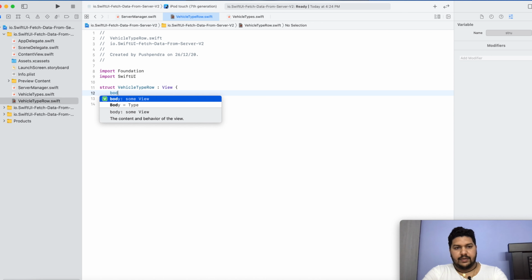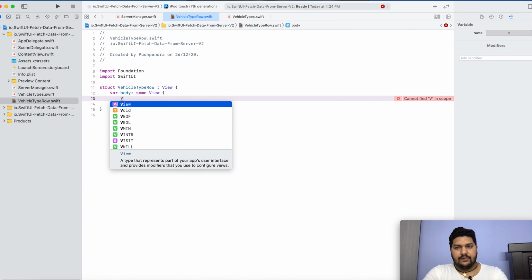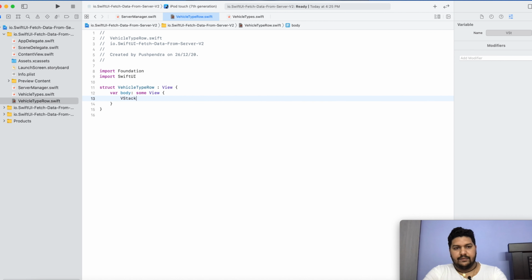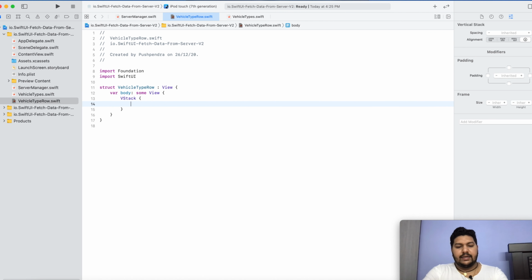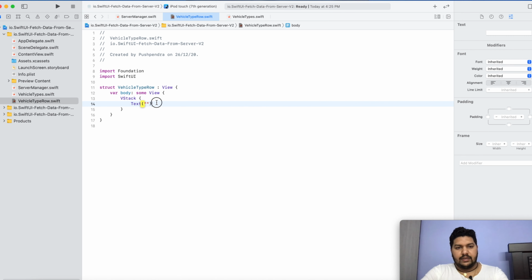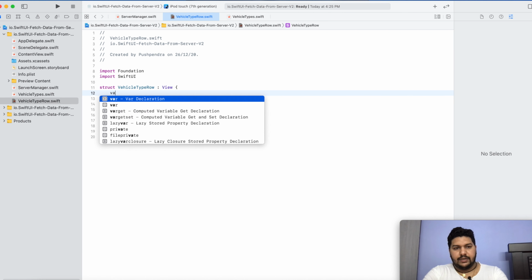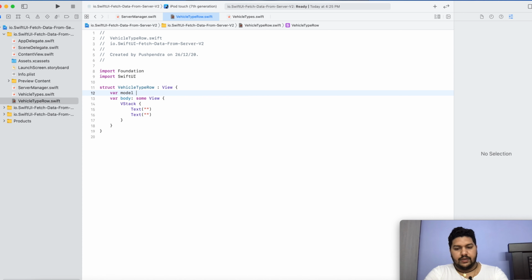Now I will take the body property, and inside that I will take a VStack. Inside that I will take two Text views, one for the title and another for the other property. Inside that I am going to take one property model, its type is VehicleTypes dot vType. By default I am taking nil.